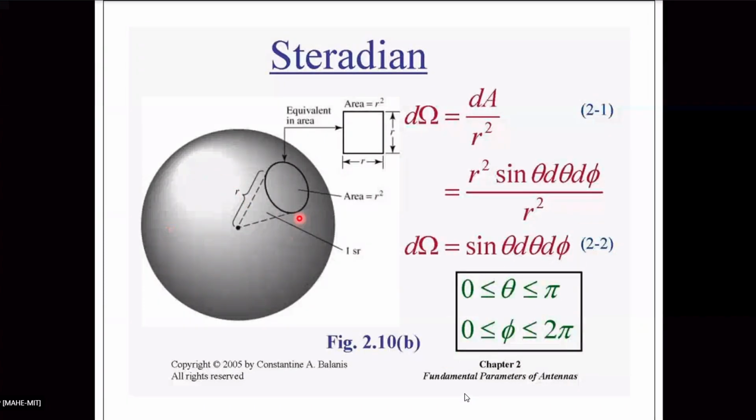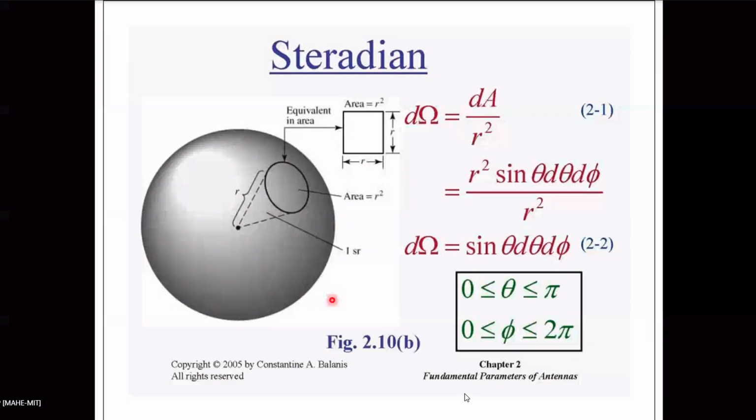So if you want to find out the total solid angle, you got an idea about the solid angle, right? There are two angles, theta and phi, which comprise a solid angle. So we have to define something known as solid angle. How do we define that? Elemental solid angle is elemental area with the radius equal to unity. So how do we get total solid angle in a sphere? You have to integrate elemental solid angle, with theta is equal to 0 to pi and phi is equal to 0 to 2 pi.